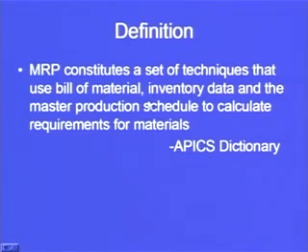Now "uses" means that these are the input parameters. Now what are the input parameters? The bill of material, inventory data and the master production schedule. So if we have these three things available with us, then we can be confident that the MRP will be able to generate the number of components required for finally making the product, and when the procurement should be done or when the production should be started.